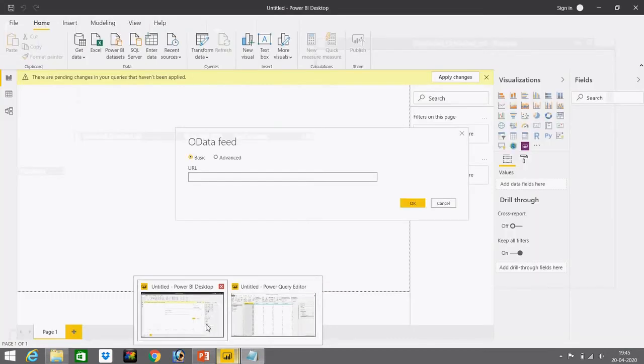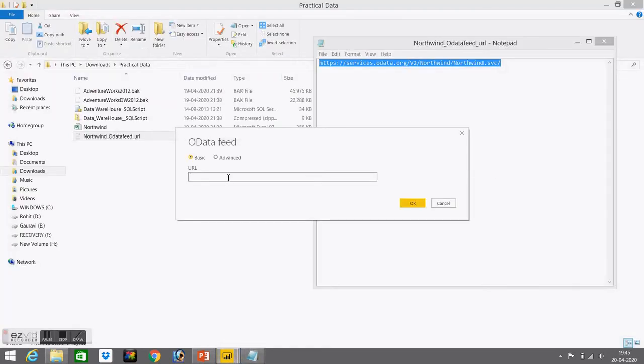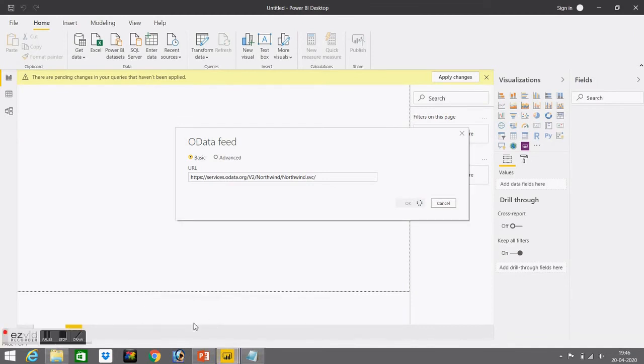Copy this URL and paste it in this field. We are going to keep basic only. Click on OK.